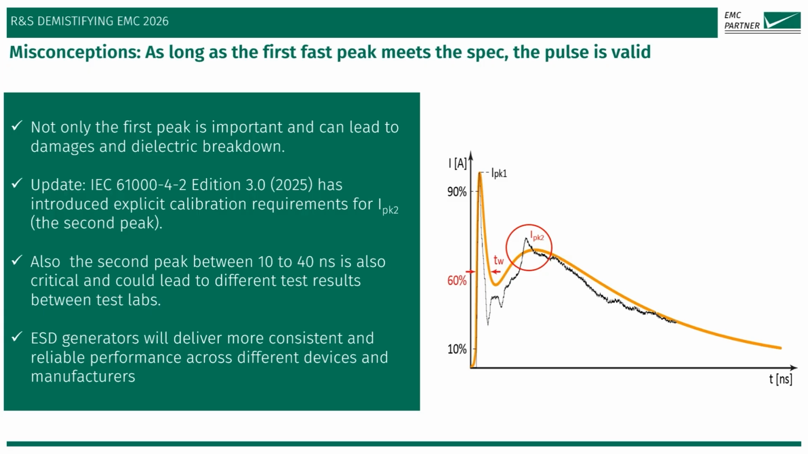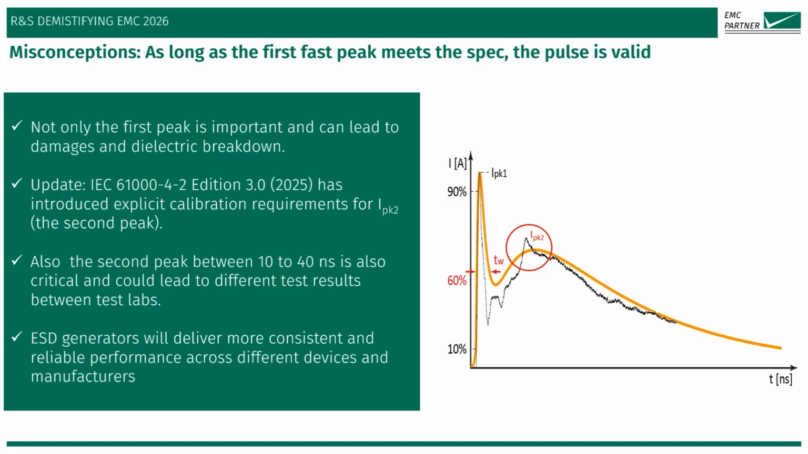So another misconception in ESD testing: it is often assumed that only the first very fast peak is decisive for testing. However, this is a common misconception. In addition to the first peak, the second peak, which occurs approximately between 10 to 40 nanoseconds, is also very important. If the second peak is not properly controlled or calibrated, it can significantly influence the test result. This means that the device may pass or fail the test, not because of the first peak, but because of the second one. For this reason, edition 3 of the standard has introduced explicit calibration requirements for the second peak,